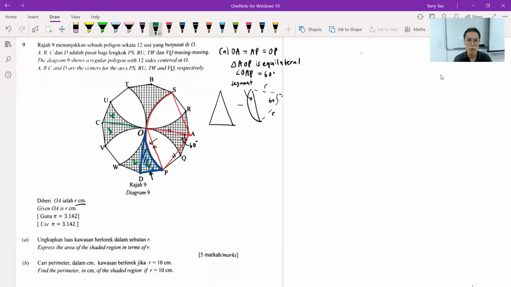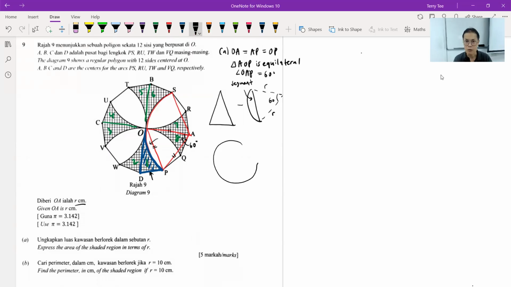Cut it in half. 4, 5. Cut in half. 6, 7, 8. There are 8 of them, right? So basically, take a triangle minus segment. Whatever you get, you times 8. Okay, but for this area of the triangle, I hope you know that when we form a regular polygon,